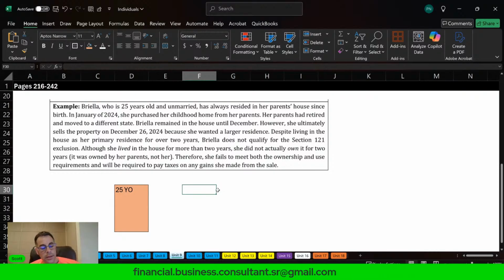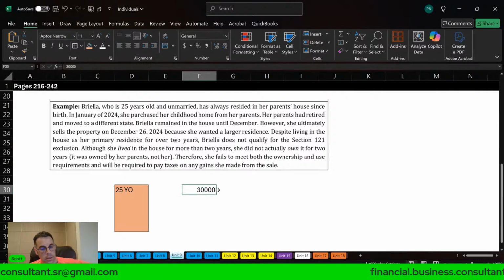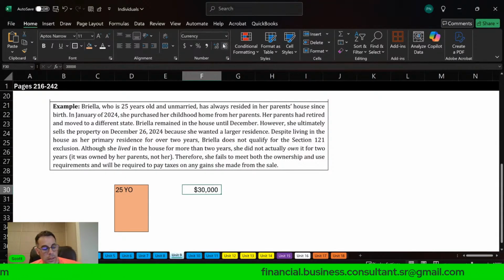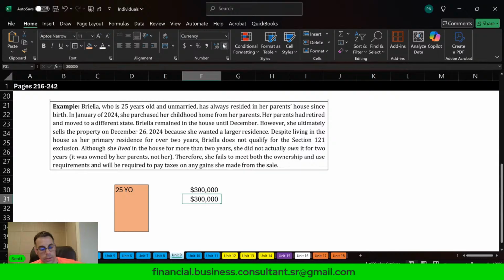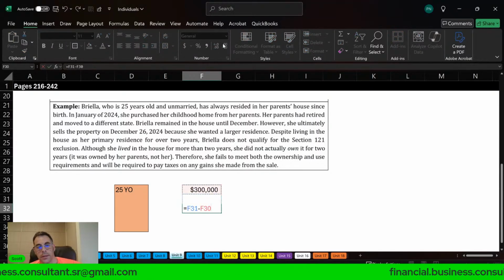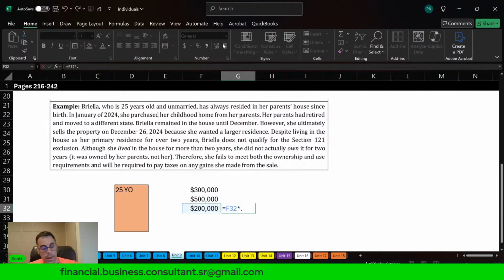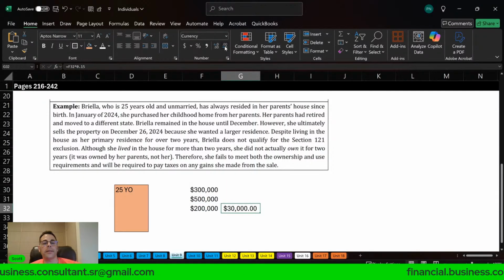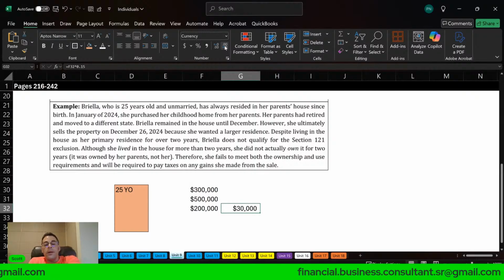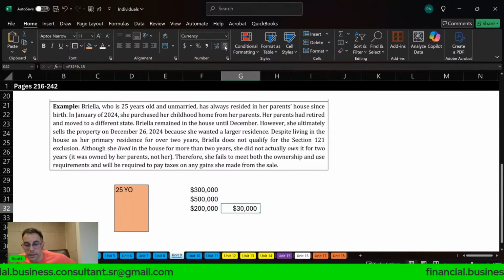So if you bought a house for $300,000, and you sold it for $500,000, and say you only lived there for a year and a half, you would have to pay $30,000 in taxes. But wouldn't it be good to know that you would just hold off selling it for a few more months so you can get the deduction and not pay $30,000?